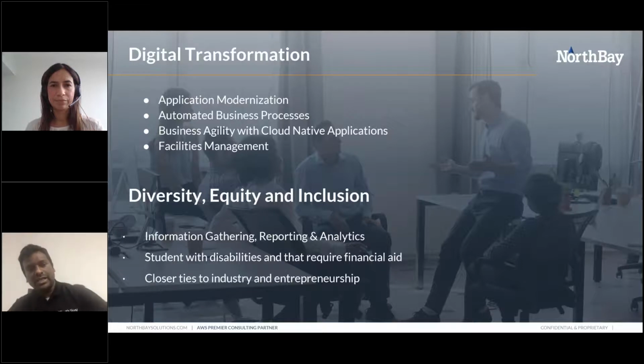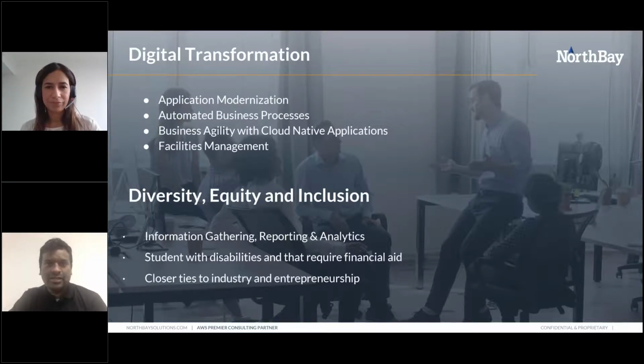So what we have seen, especially in how to make it happen, is a lot of focus on digital transformation, especially for edtech providers, where they may have some solution but they want to innovate. There are a lot of educational providers trying to go towards SaaS-based solutions. Previously they used to have some solution working at an institution. Now they are trying to build a multi-tenant solution. So they want to automate as much as possible, because there is so much agility. If you consider 4 or 5 years ago, or even 10 years ago, any new version of a product used to come every quarter or every year.